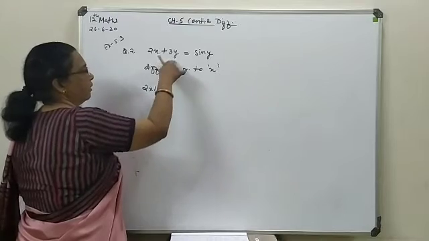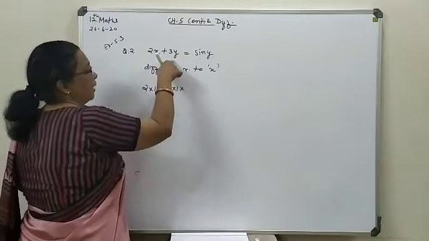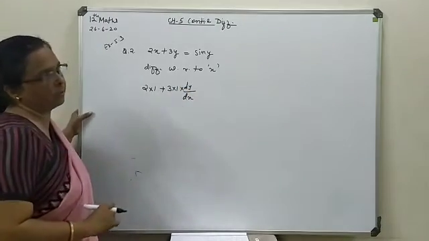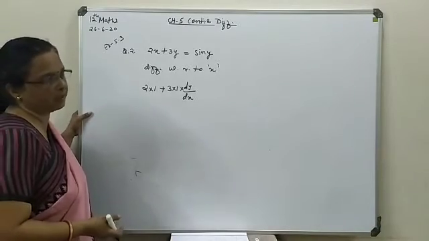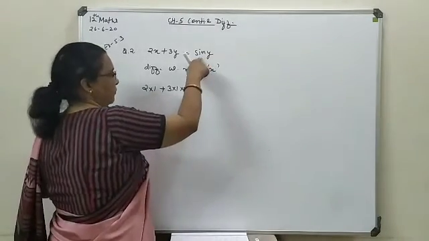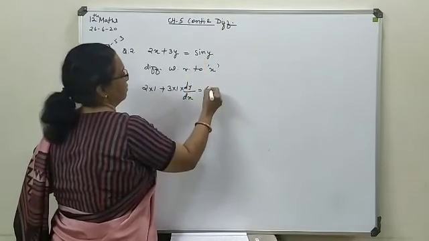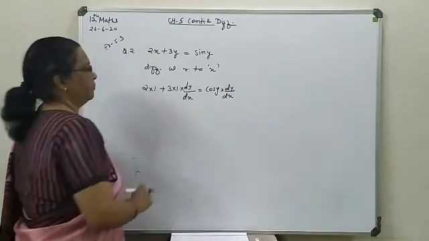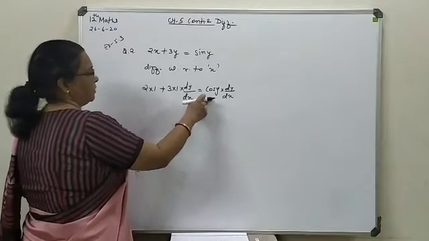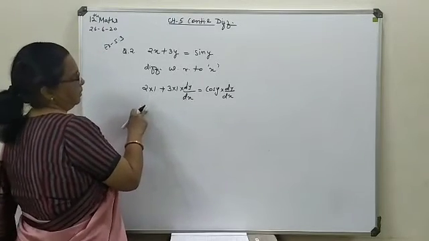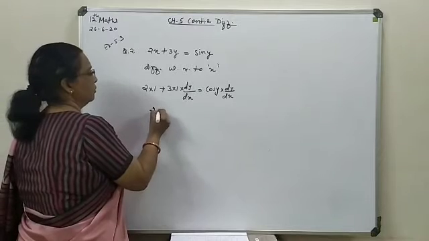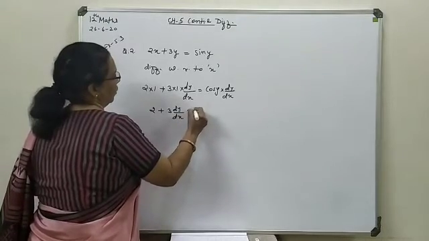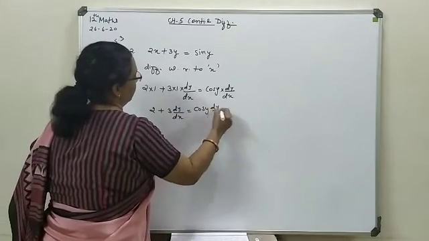Here also, for the y term the derivative will be 1, but being a y term, dy by dx is to be written. For writing the derivative you can use y dash, y1, anything as per your convenience. Here the differentiation of the sine term will be cos of y, and being a y term, dy by dx you have to write. Now dy by dx we have to make separate from the other terms. So here it will be 2 plus 3 dy by dx equals cos of y dy by dx.